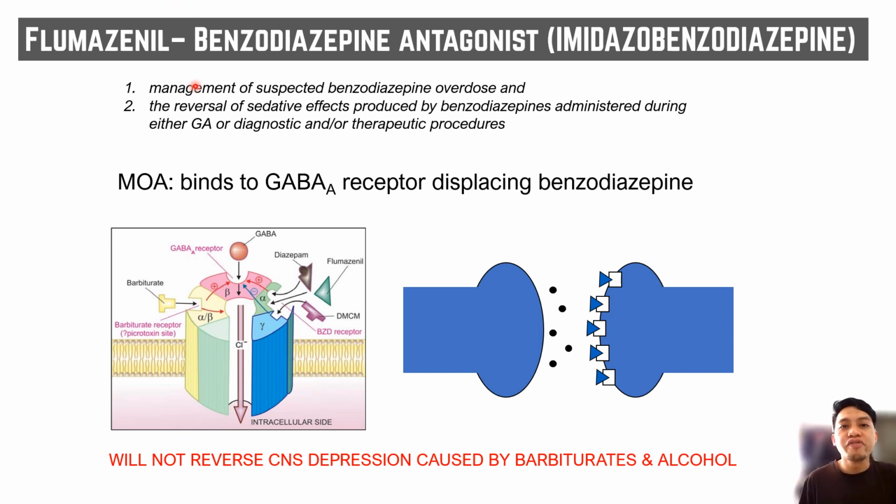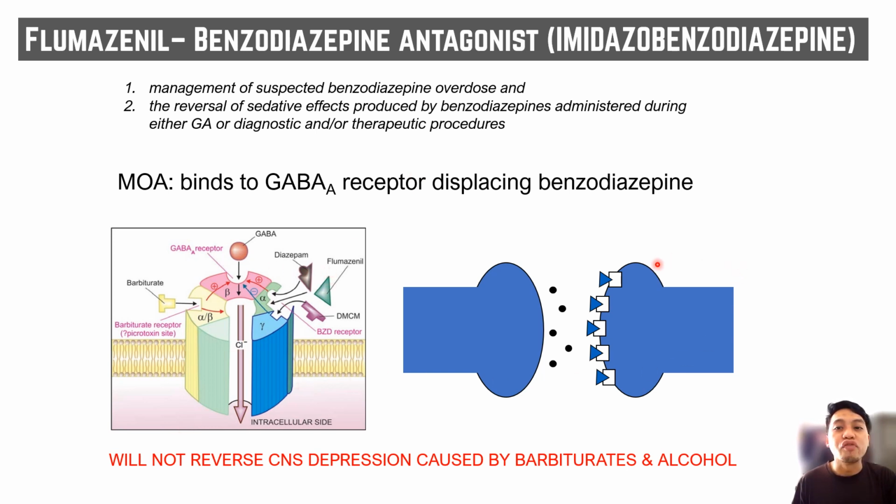FLUMAZENIL is the only member of the imidazobenzodiazepines that behaves as a specific antagonist of the benzodiazepine. In clinical use, FLUMAZENIL is used in the management of suspected benzodiazepine overdose, as well as for reversal of the sedative effect produced by benzodiazepines that were administered during either general anesthesia or any diagnostic or therapeutic procedures. So how does it work? It will attach to the benzodiazepine binding site, but it does not